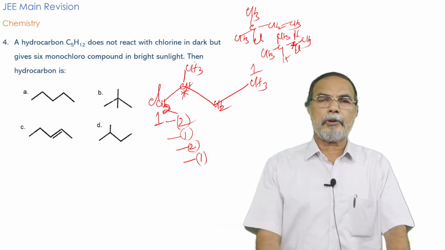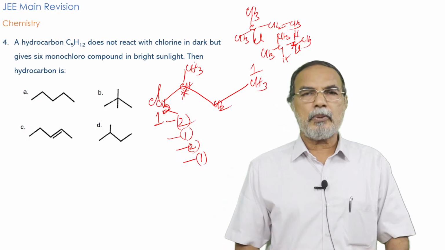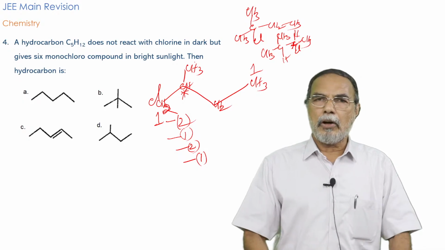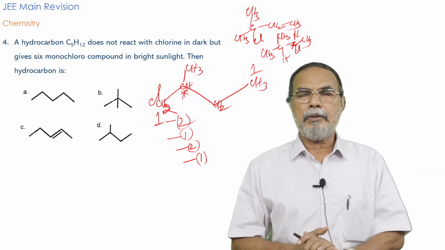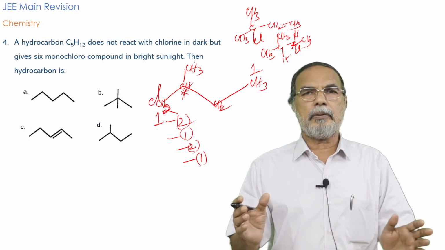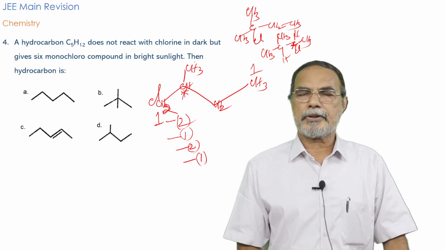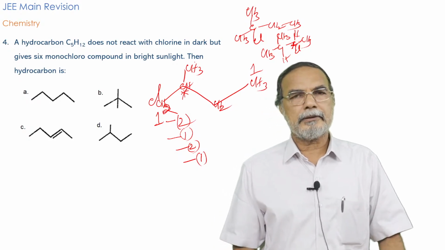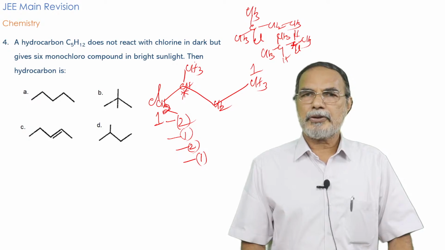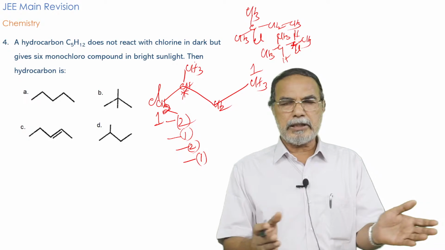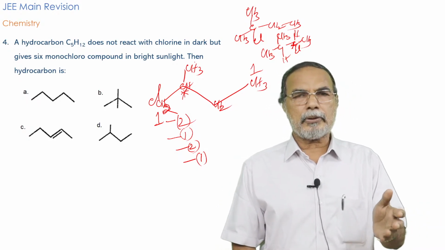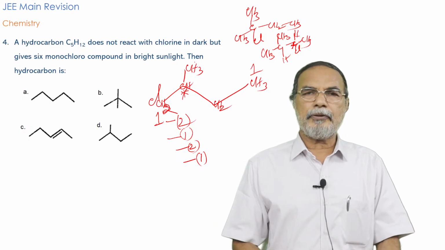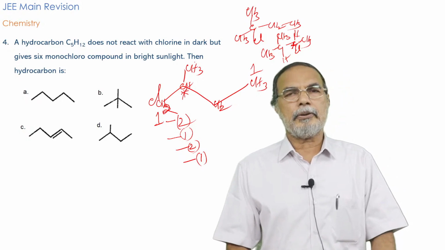So how many monochloro products are possible? You have 6 monochloro products, where you count not only the structural isomers but also the stereoisomers. When you are asked a question like this, all the isomeric compounds have to be taken into consideration. Altogether you have 6 possibilities for the compound 2-methyl butane, or isopentane. So I repeat, the question can be asked in various ways. How many monochloro derivatives are possible for isopentane? There are 4 structural isomers, 2 of which are chiral, and therefore altogether you have 6 isomers including